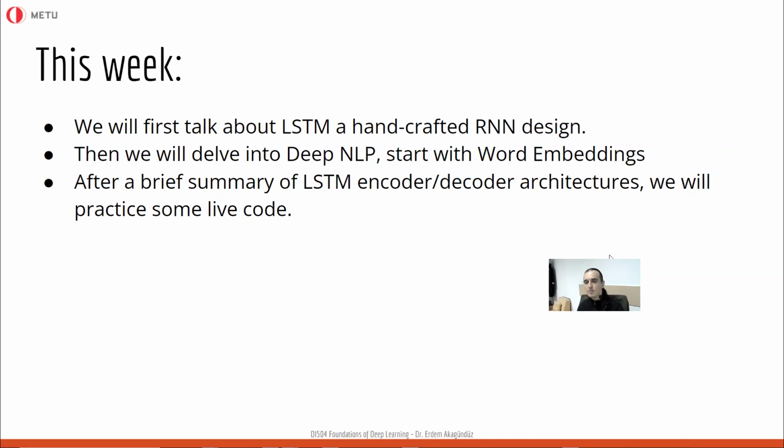And actually, this is what happens in an introductory level deep learning course, as far as I see. I checked many of the online deep learning courses, and for most of them, this subject, recurrency, LSTMs, and how they can be used and optimized, can only be a little part of the introductory level course. This will be the same for this course, but I think introducing them is still important. That's what we are going to do. We're going to first talk about LSTM, which is a handcrafted RNN architecture. We're going to understand the beauty behind it.